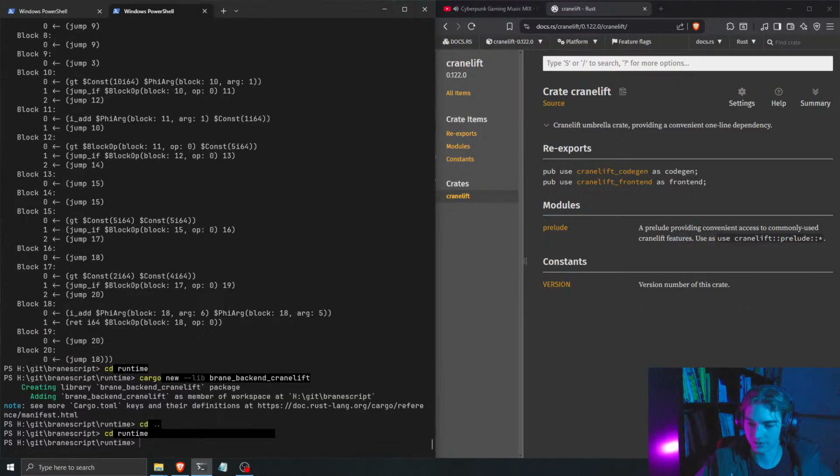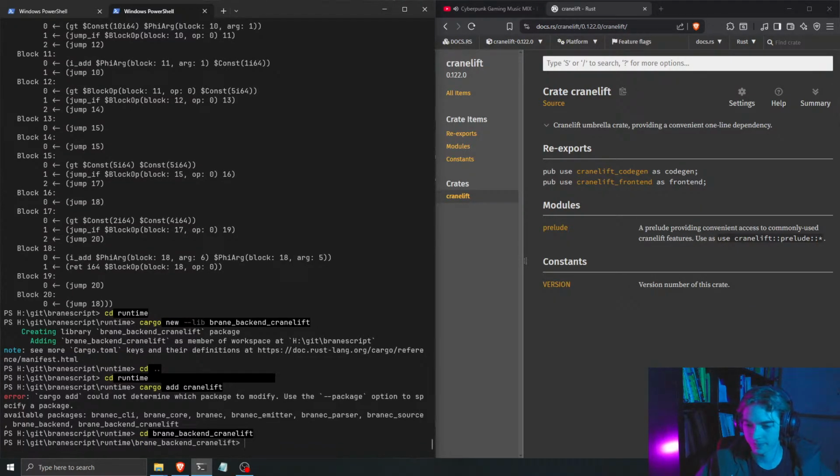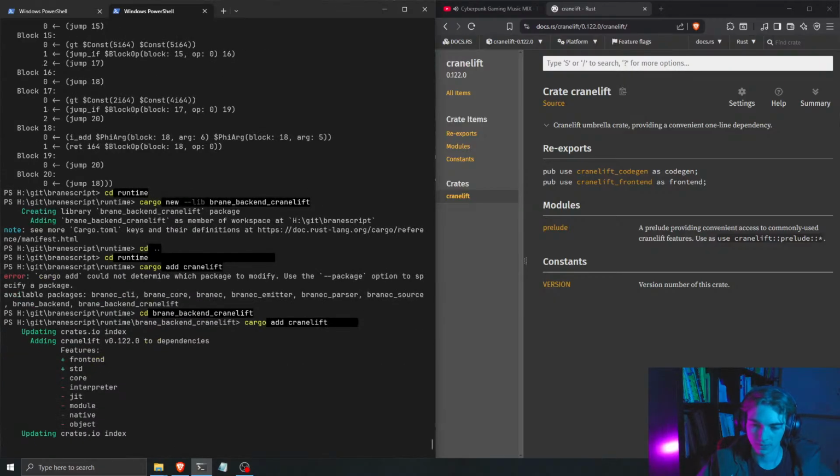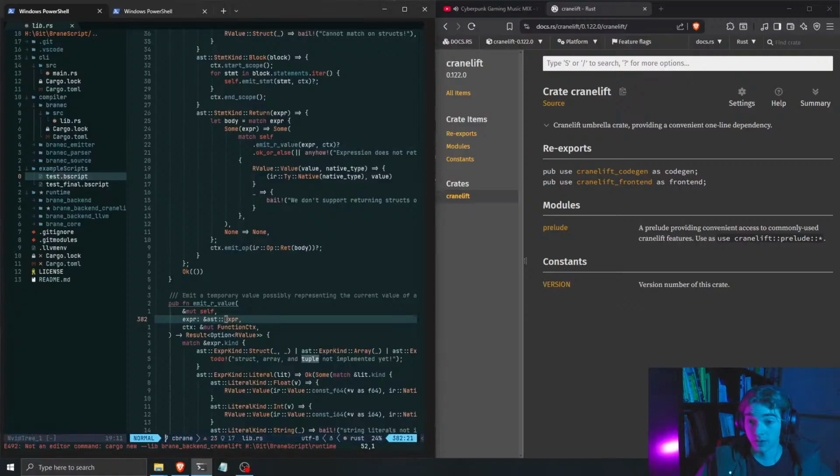I wanted to cargo add Cranelift. Oh. Need to fully scope into the thing. Cranelift. There we go. So now